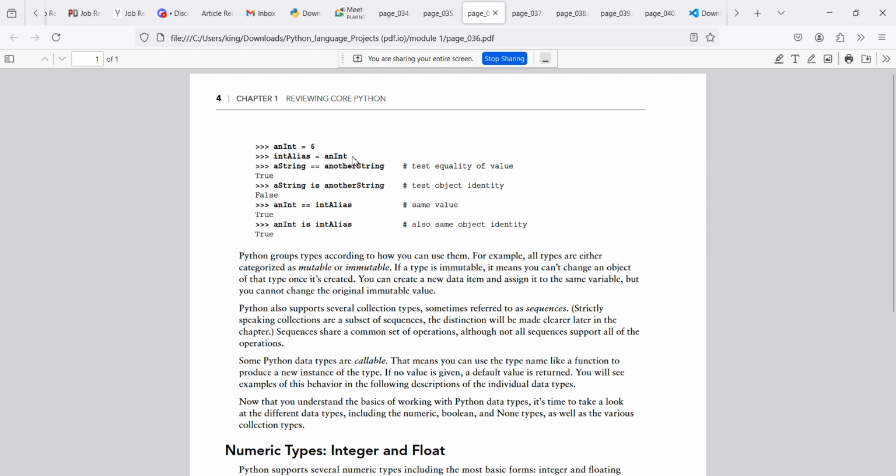Now we move on to here. Then we see that a string is another string. Here it is saying false. And then what we have here? Test object identity. Why is this false? We'll get to that. Now we have an int equal to an alias, and the value is the same. That is true. Why? Do you have any idea? Yes, because